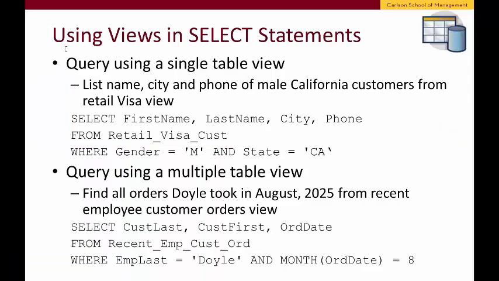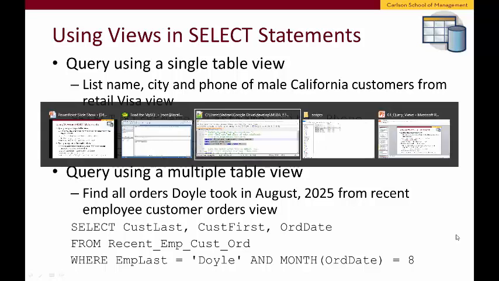The next query is going to be created on a multiple table view, the recent EMP cust order one specifically, to fetch all the orders taken by Doyle in the month of August, and then displaying some customer and order information. So I'm going to switch back to